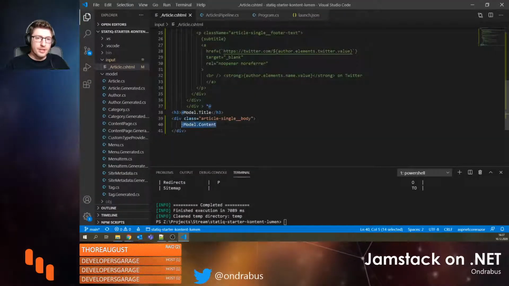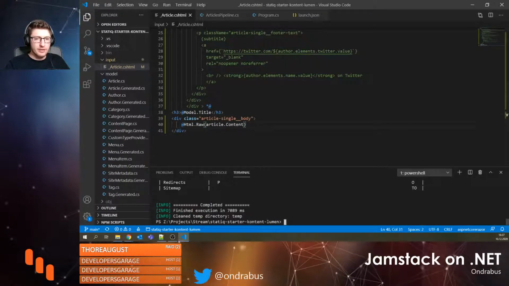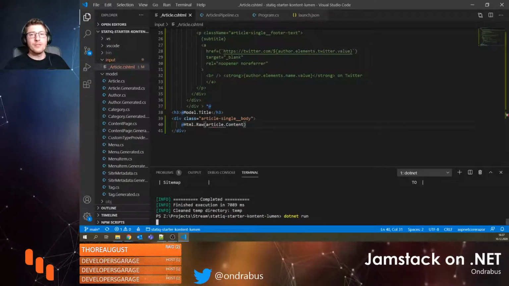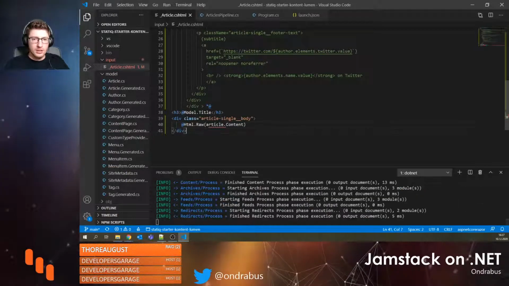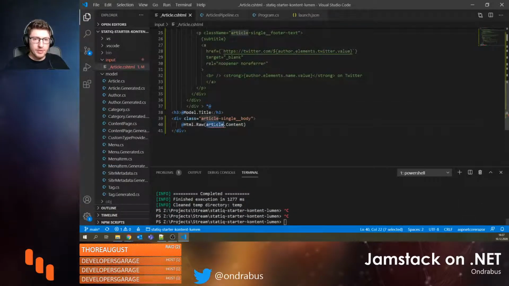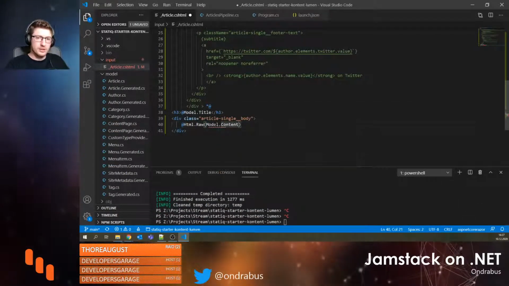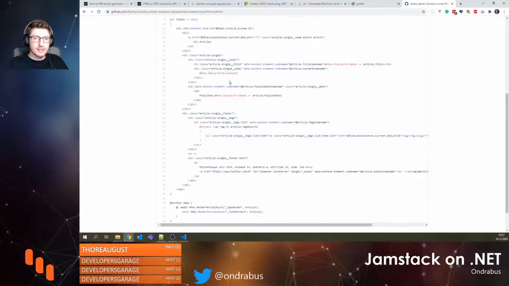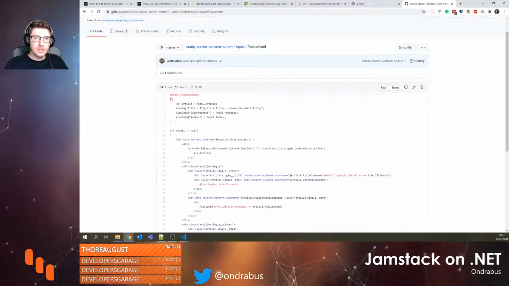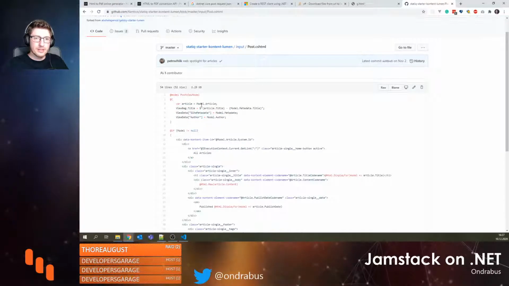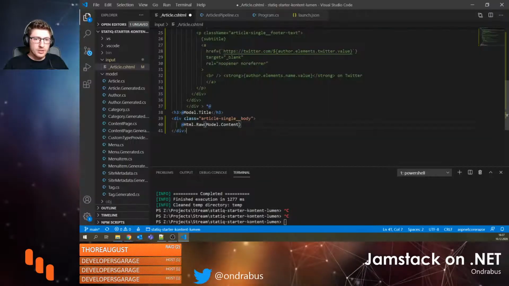So I'm just going to put it here, and we can try it again. It's so cool when something just works. Oh, not article. Oops. Model.content in my case. In his case, how come it's article? Oh, he's doing some stuff here. So he's got more stuff in the model. I only have the article model, so